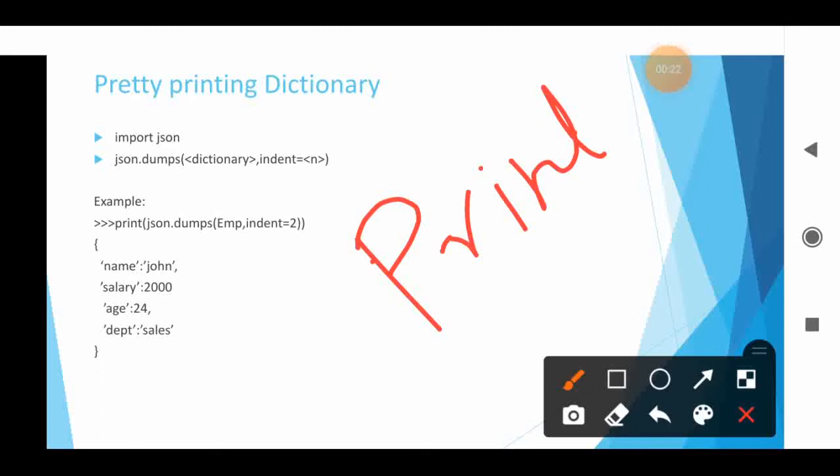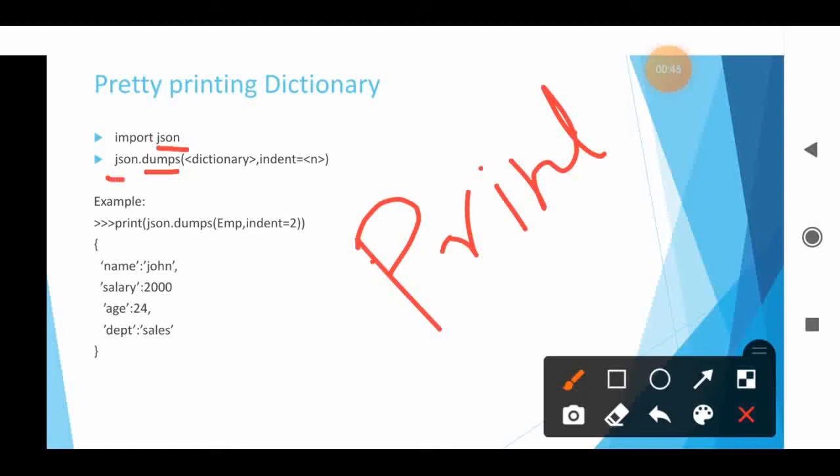So we can import a module called JSON. From that we can use the dumps function, dumps. That means it will display the dictionary key value pairs one by one. What is the syntax for writing this?